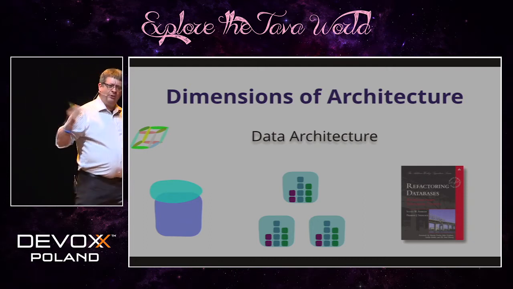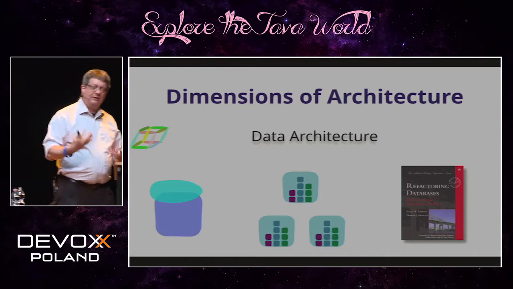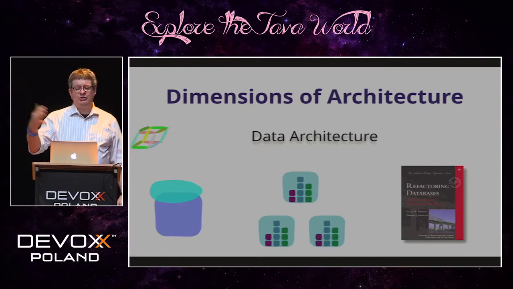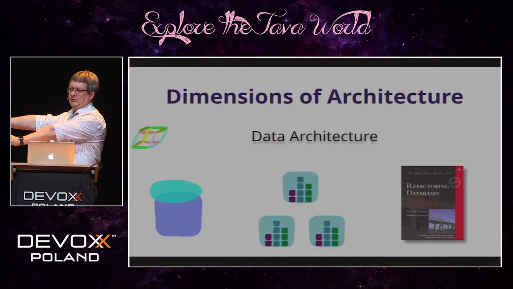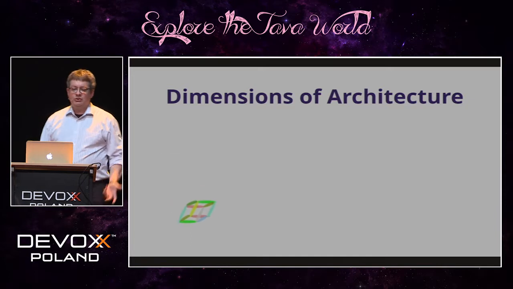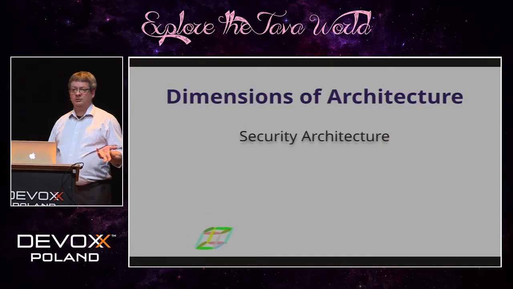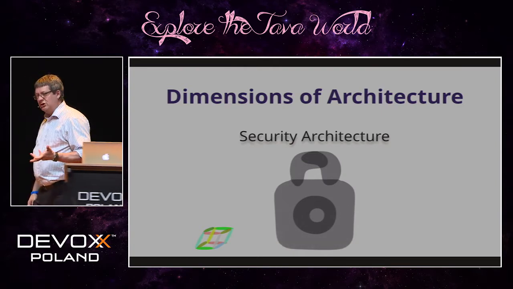And you'll notice that goes hand in hand with the idea of an evolutionary architecture, is getting your data involved in the same kind of evolutionary cycle. And so that's a completely different perspective on architecture than the technical architecture. But you can also think about the security architecture of your piece of software, how to prevent things like cross-site